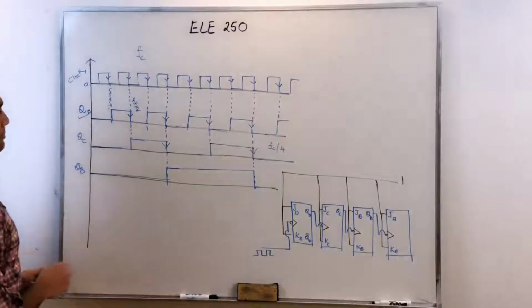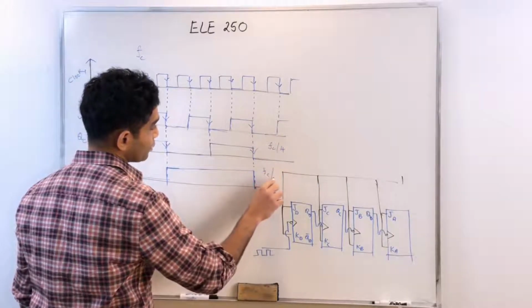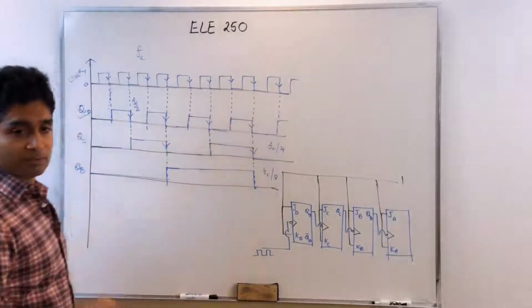That's QB. Again, going by the same logic, the frequency here is FC over 8, because the frequency is